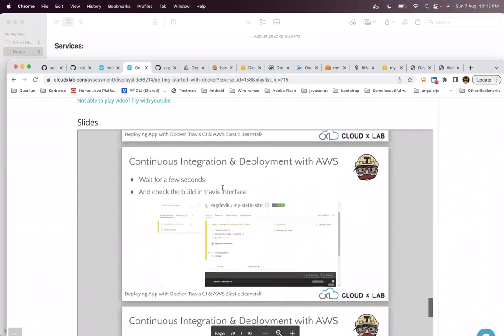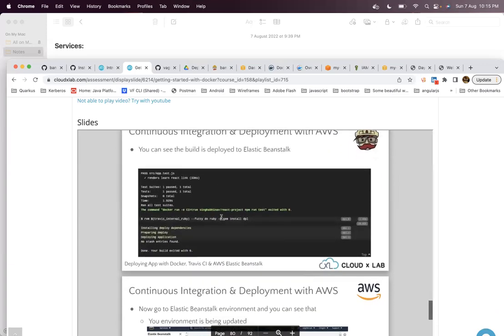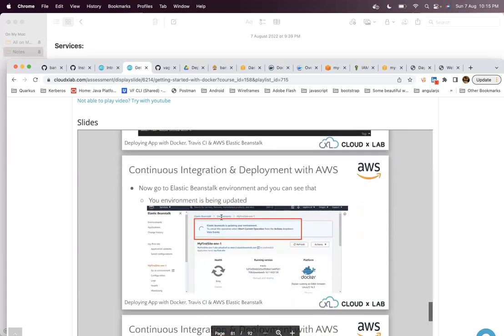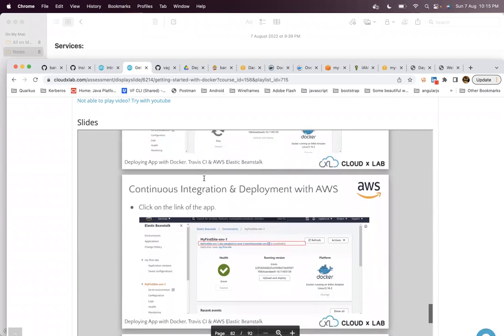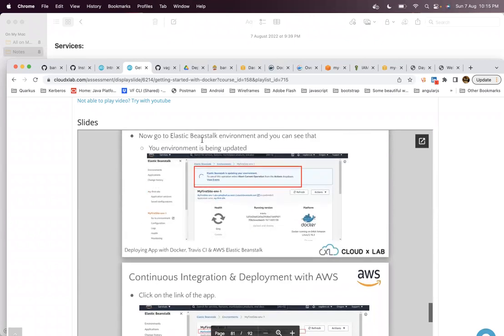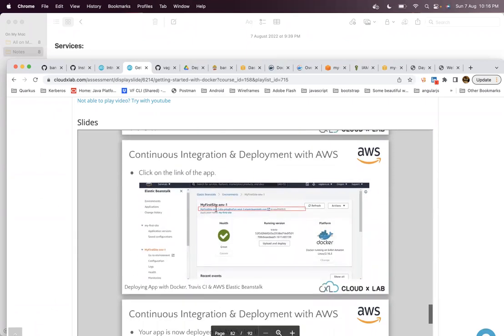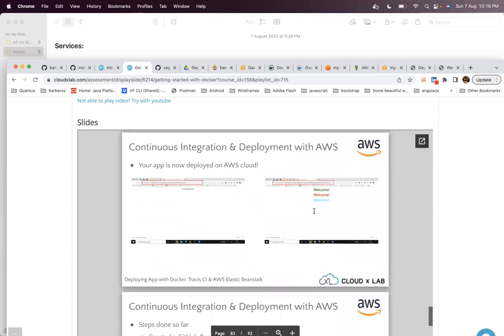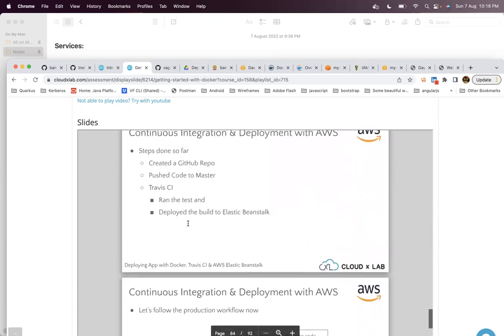After we push into the main, Travis will automatically pick it up and start the build and do the deployment. At the end of the day, deployment happens. Now the deployment gets picked up, and you can verify it by looking into the application in Beanstalk and see that the latest deployment has happened. By clicking on that particular link, you can see that our web page with days.html gets opened. You can verify that.